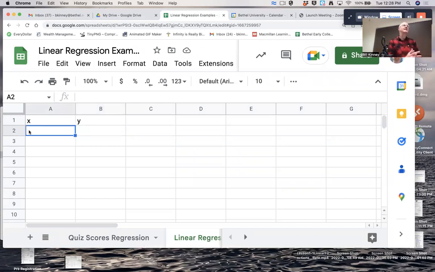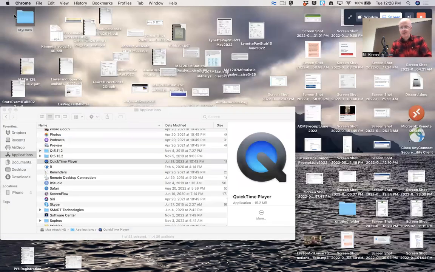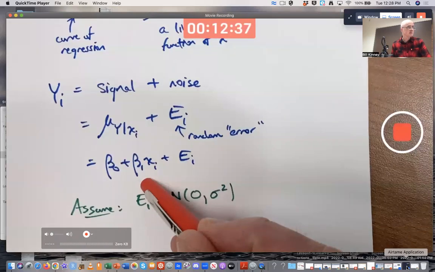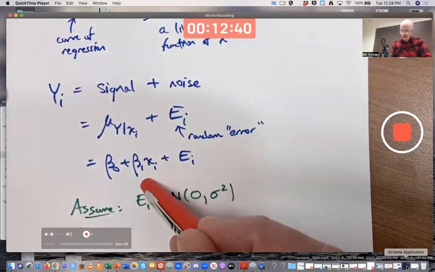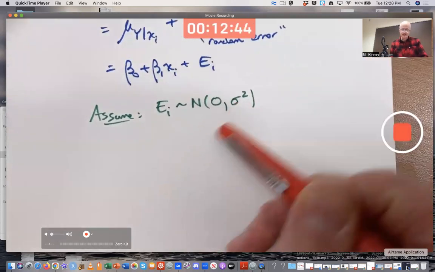And let's pretend the true population regression line, which is what we are talking about here in the model, is the population. Right? We always use Greek letters for populations. Let's pretend, just for the sake of simulation, that we know what it is. In real life, hardly ever would you know what beta 0 and beta 1 are. Exactly. You're trying to estimate it. You wouldn't know what sigma squared is either. You're trying to estimate it. But just for the sake of example,